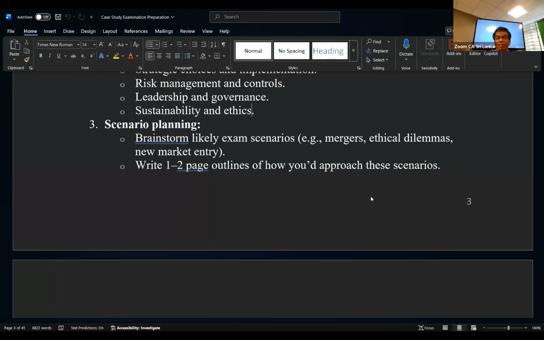Then you yourself can understand what type of unseen will come. It will come to your mind automatically every time that the examiner can test this area. The examiner can give, for example, the merger of finance companies. The bank is there, and another finance company will be there, so now the bank wants to merge these two.